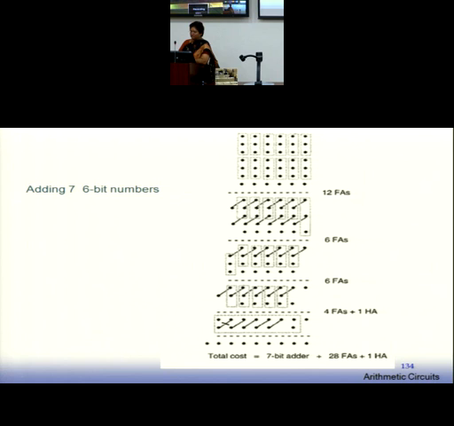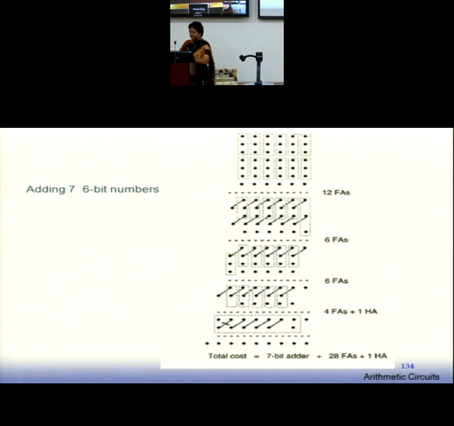Okay. So now again, since you have 3 bits remaining at every bit location, we need one more full adder step, one more addition. So how many additions have we gone through? 1, 2, 3, 4. And in all these 4 steps we are using full adders. And then finally when you come here, you are left with only 2 bits at every bit location, which I can perform by using only half adders.